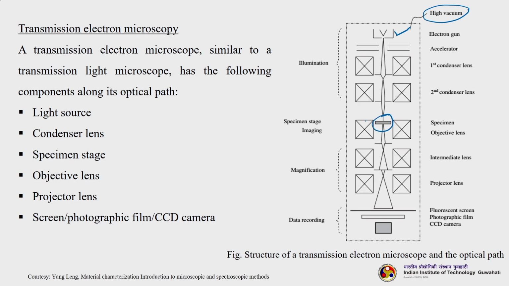Your membrane material, or any polymer, passes through the objective lens, and then there are intermediate lenses and a projector lens, which finally projects the image to the screen. The intermediate lens and projector lens help in magnifying the image produced by the electrons scattered through the specimen. The basic difference between SEM and TEM, we will discuss SEM later on, is that in TEM the electrons pass through the membrane, whereas in SEM it is just scanning across the top of the surface.